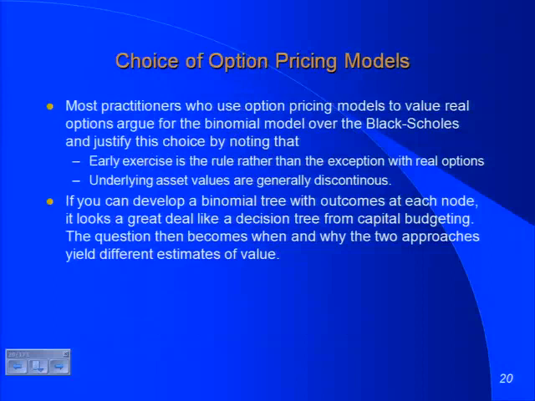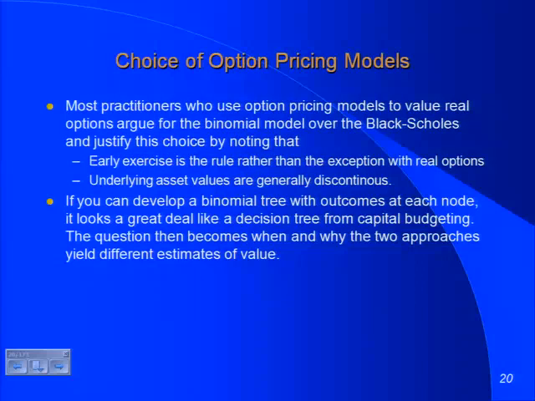But here's the thing that I think you need to be cautious about. It's built on replication, right? Every one of these models. In order to replicate a call, you've got to be able to buy and sell the underlying asset. You've got to be able to buy and sell the option. So what's the big deal? On a listed option, on a listed stock, not a big deal, right? You can trade IBM, you can trade the option.